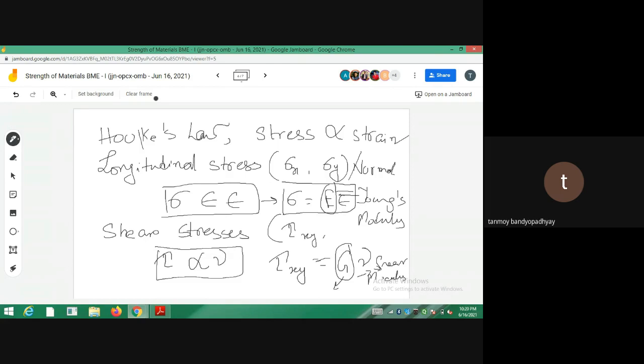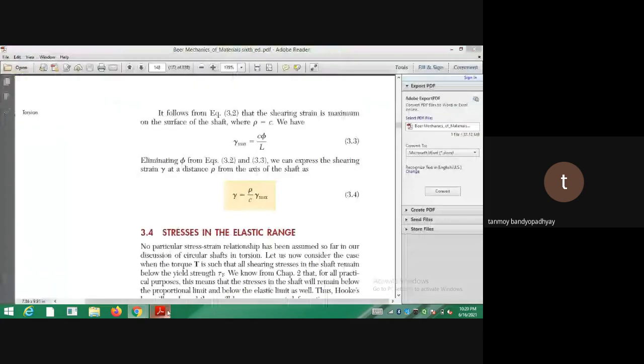Okay, so let's start with some of the problems. Today time is very, very short. Next day I will do a big problem, but today at least we can do a very short problem, which I hope the time might permit. So just the first problem, number 3.1. You go to problem number 3.1 in the book.